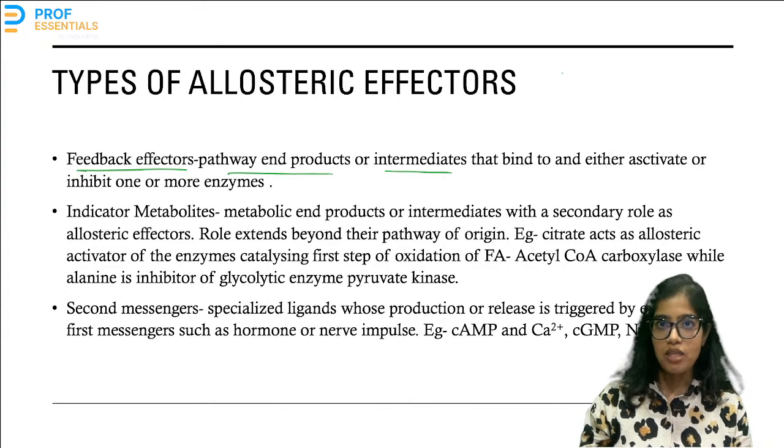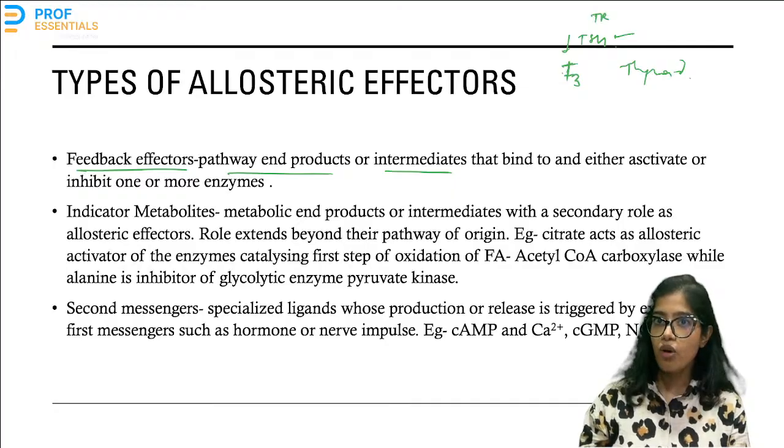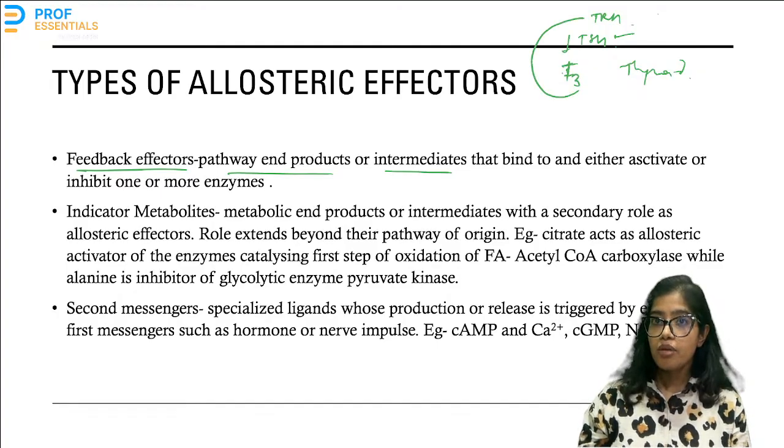Like in a typical reaction, suppose thyroid synthesis. Thyroid hormones are getting produced. They are activated by TSH. TSH, in the pituitary, is getting activated by TRH, or thyrotropin releasing hormone, from the hypothalamus. Now this T3 is going to feed back, it is going to give a feedback signal to this TRH.